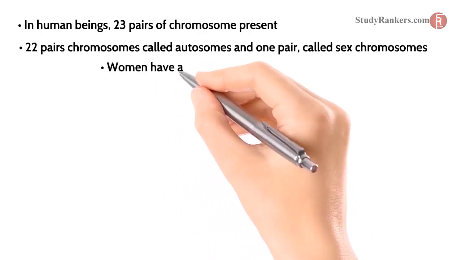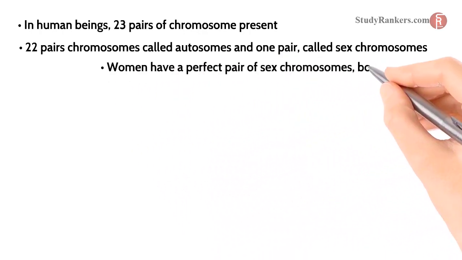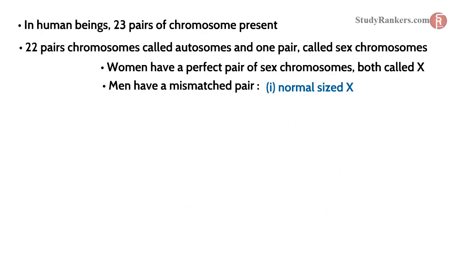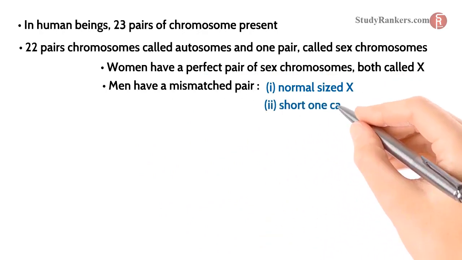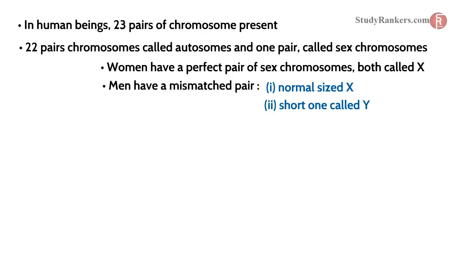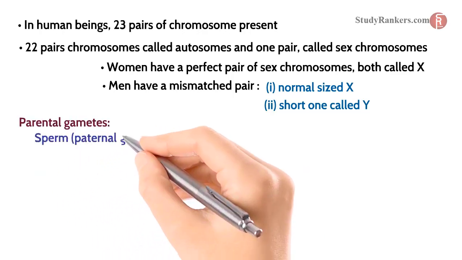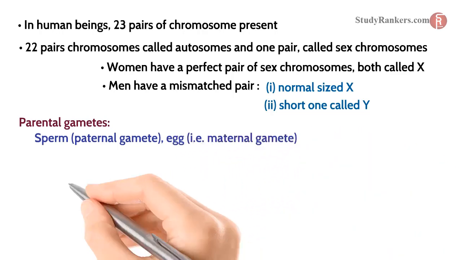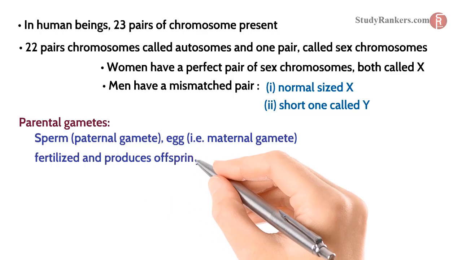Women have a perfect pair of sex chromosomes, both called X. Men have a mismatched pair in which one is a normal sized X while the other is a short one called Y. When both parental gametes, sperm, that is paternal gamete, and egg, that is maternal gamete, fertilize and produce offspring,